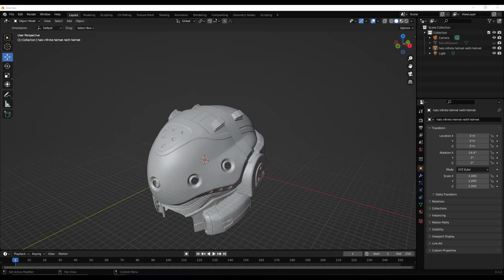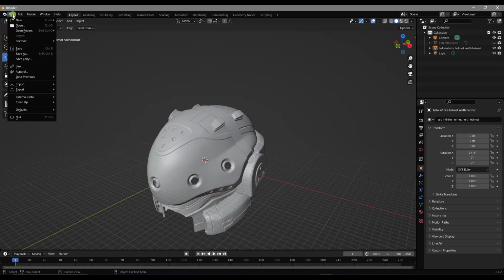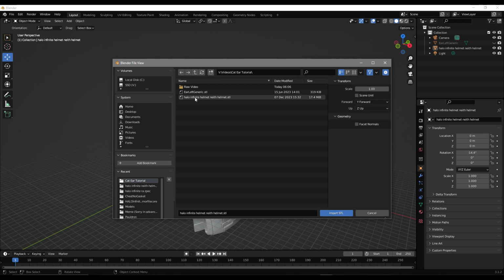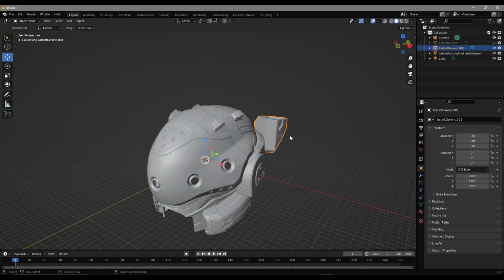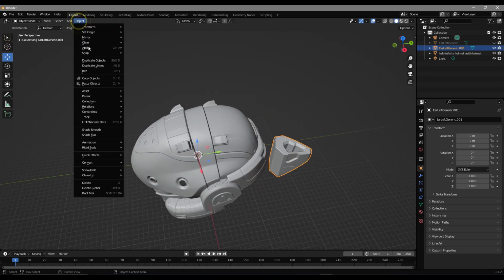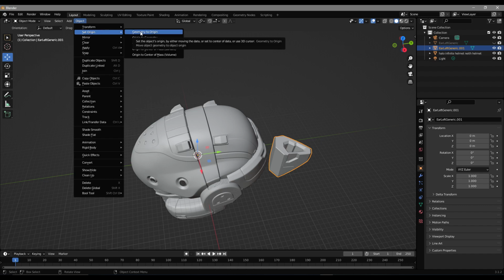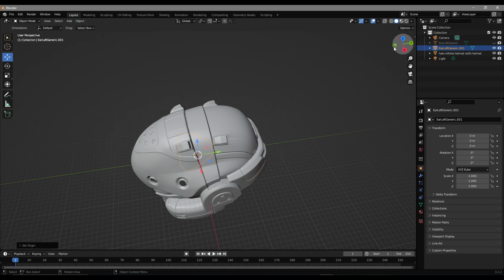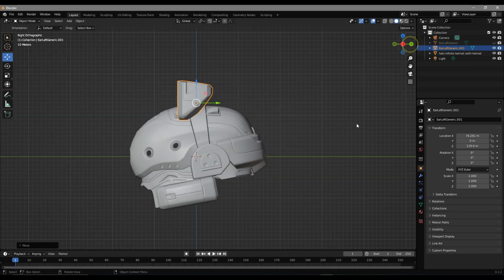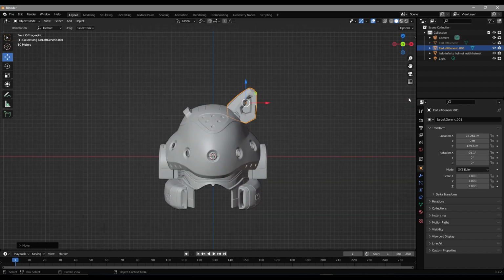Next, we'll repeat the same process for importing the first ear attachment. Once imported, rotate, scale, and move the attachment to what looks best to you.